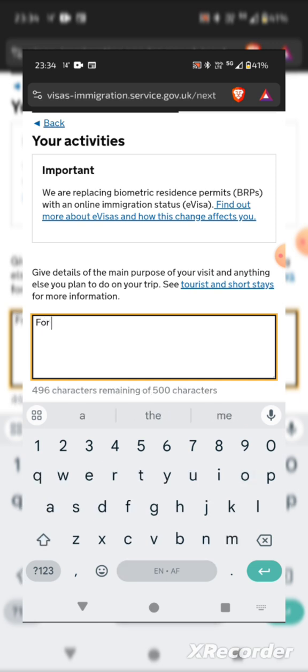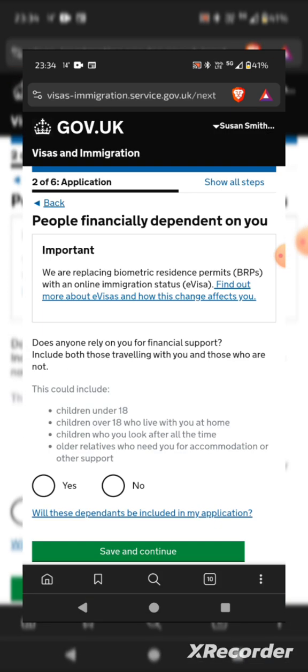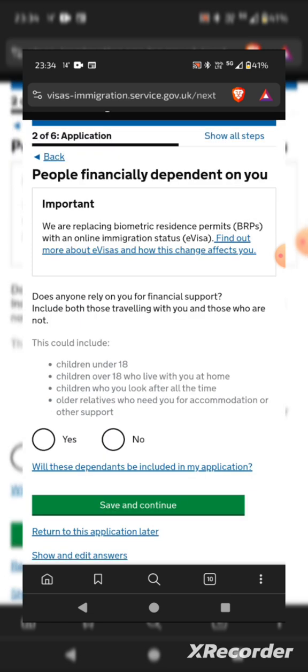You write as much as possible here, why you are coming. For assessment, for Royal Navy, at Sultan or whatever. Where they see all those things, you write it there. You take next. Okay. This now is for people who are married or people who have people